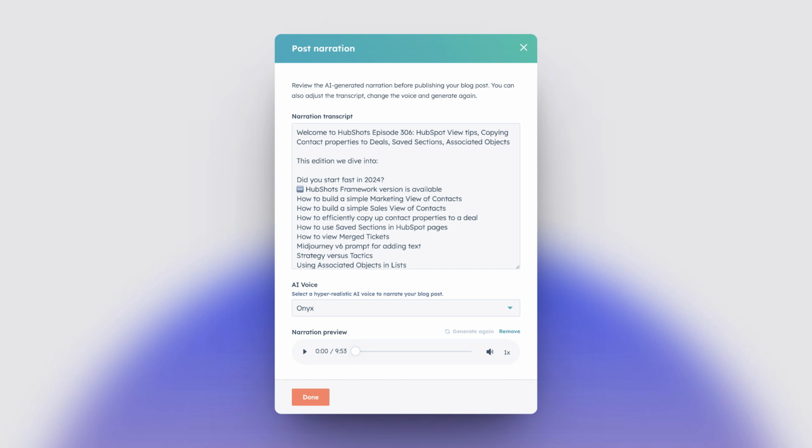But a great way to add something else to your blog to give people another way of consuming your content. And you can use this now. Craig has noted in here on one of the blog posts that we had narrated, it got the pronunciation of lead magnet wrong. So you can see that there are still things to be worked on,